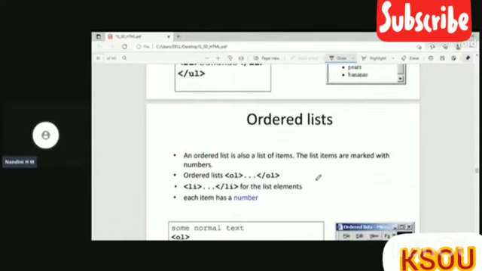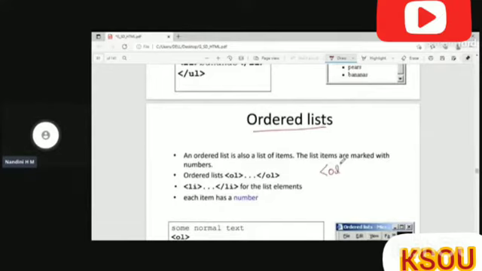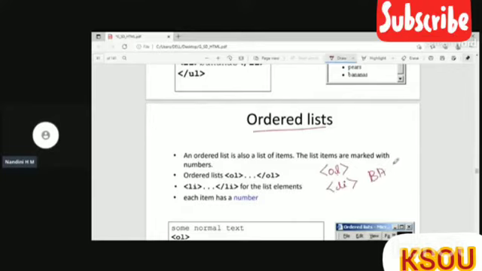Next type of list is the ordered list. As I said, it uses the numbering format. For that, the element is OL. OL stands for ordered list. And LI, again, I use the same list: BA, and then BCom.